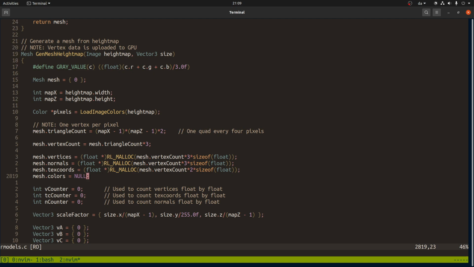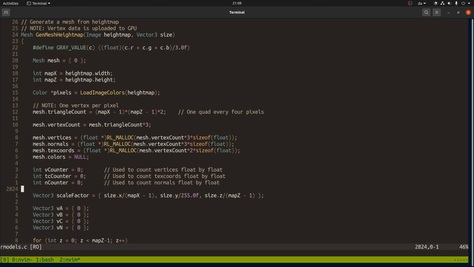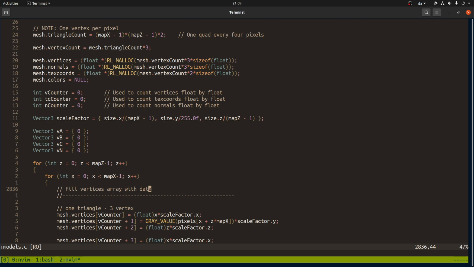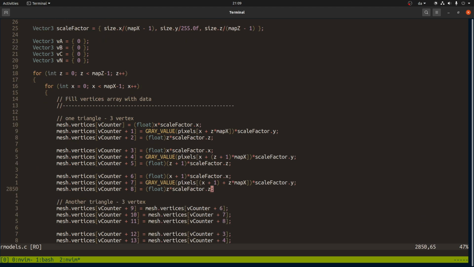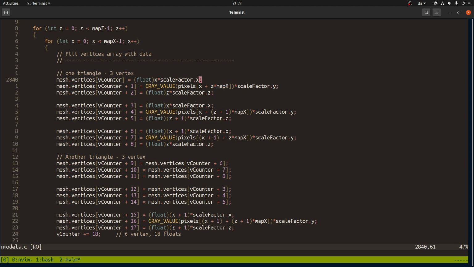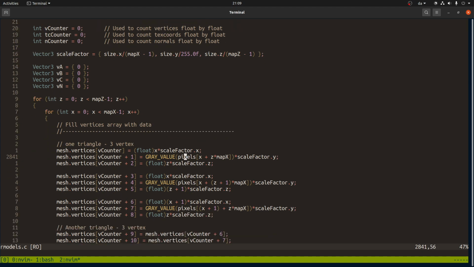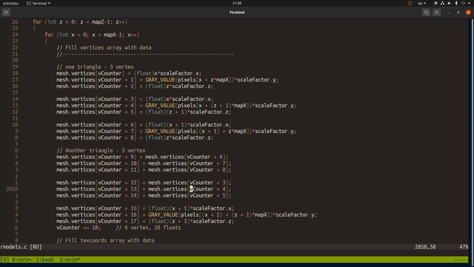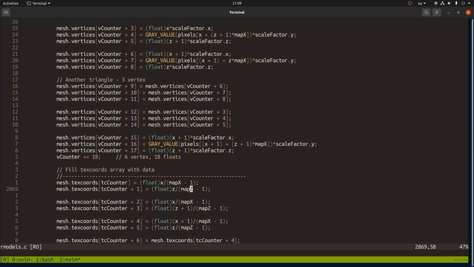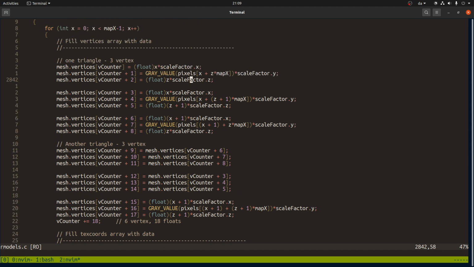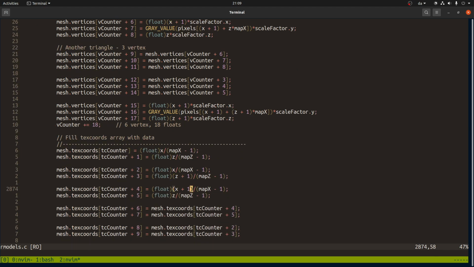Allocate some stuff. Colors are not there. Then we loop over rows and columns. The vertices are set. There's some scale factor, but whatever. And the height is just from the height map. And this is the second triangle. It's just duplicating some data. I wonder if that's our problem. We don't have,